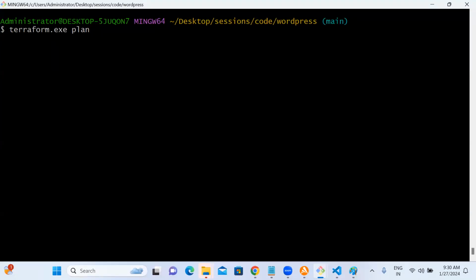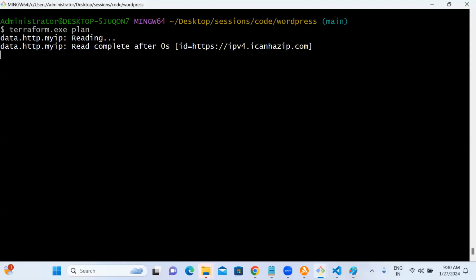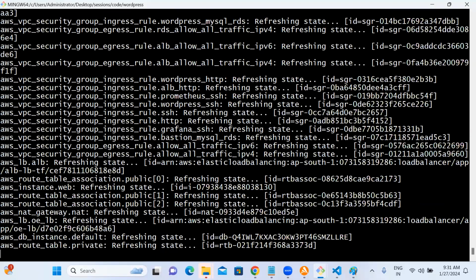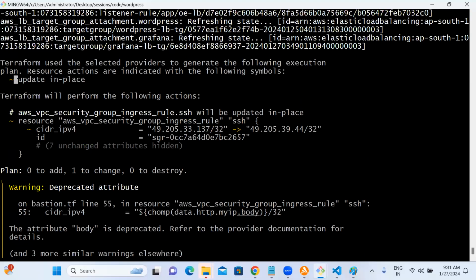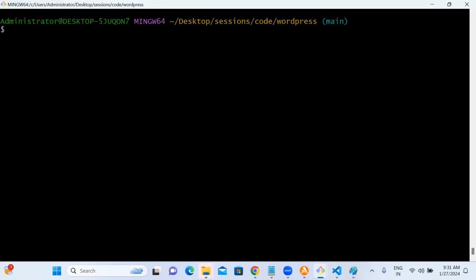The IP address will get updated in place. This remote state is a bit slow. Pulling from there, and yes, it will be an update in place. You can see, right, update in place. So this was there, and now this is getting replaced with this. This is how it will show. You have to be very careful when you see keywords like this. It is getting updated in place.